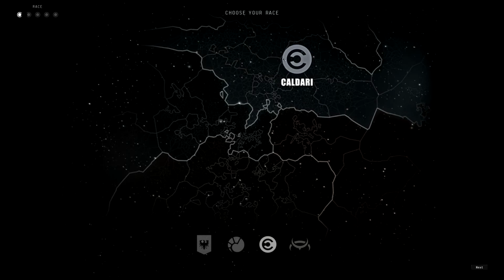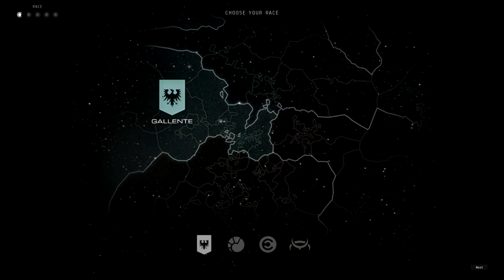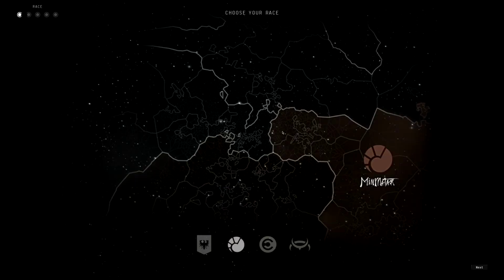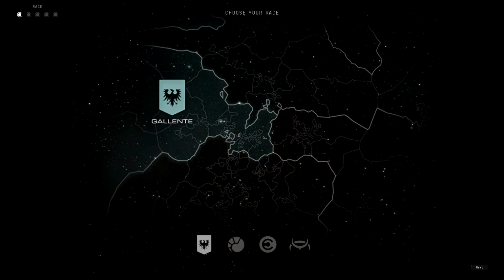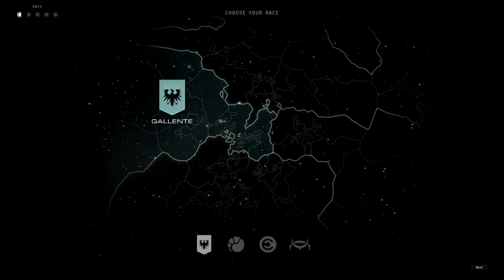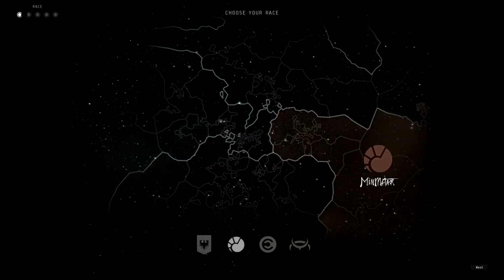of EVE Online. Caldari uses shields for defense instead of armor, which is what 2 of the other races mostly use. They also use a lot of missiles and hybrid turrets. Gallente also uses hybrid turrets, and Minmatar uses projectile, and Amarr uses laser. Those are your main types of damage. There's also drones, which all races can use, but Gallente usually have some sort of bonus to them. And Gallente and Amarr are usually your 2 armor tanking races, and Minmatar and Caldari are primarily shield, though Minmatar has some very good